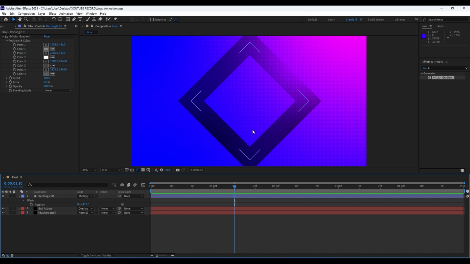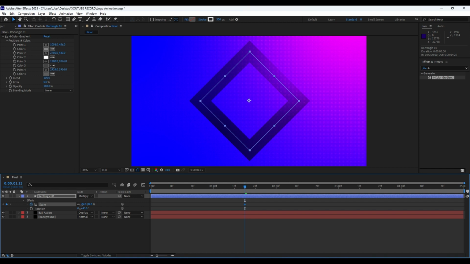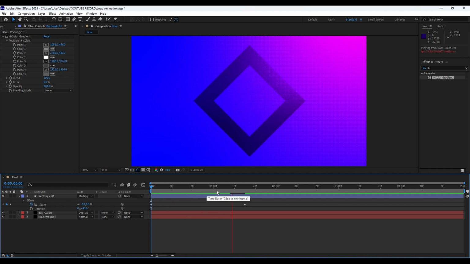Now it's time to animate our rectangle 01. Go to maybe 1 second and 15 frames, like so. Hit S on your keyboard to find here scale. Set up our first keyframe. Maybe we can lower our size of this shape maybe to around 90% or so, like here, and then go to around 0 frames, hit here also 0, and as you can see, when we hit spacebar or 0 on our keyboard, we have basic